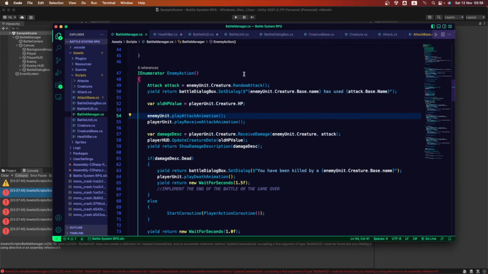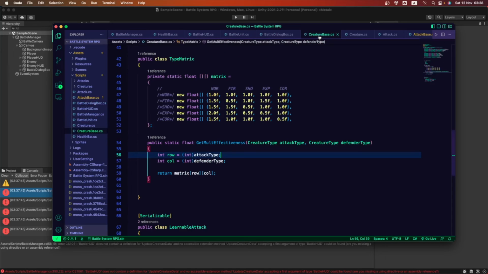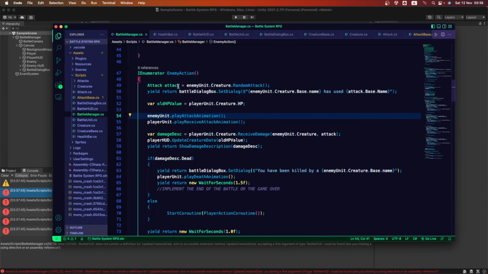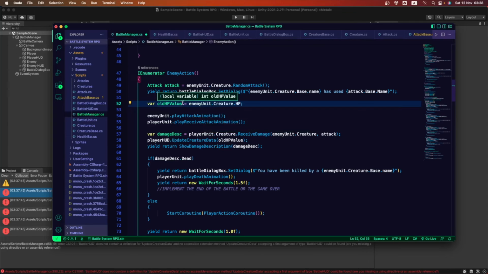Okay, so I'm gonna save this one. Let's save all of these scripts one by one so we don't get any compiler errors. Sometimes you have to save all of them for Unity to detect anything that we updated in all of them. Okay, so let me set this one to enemy unit for now.